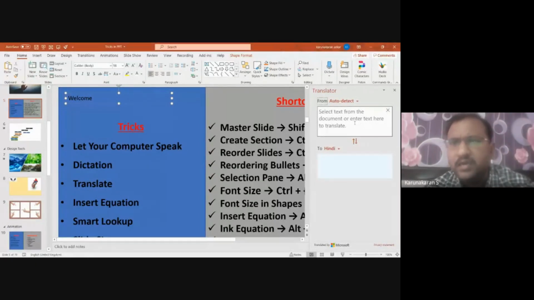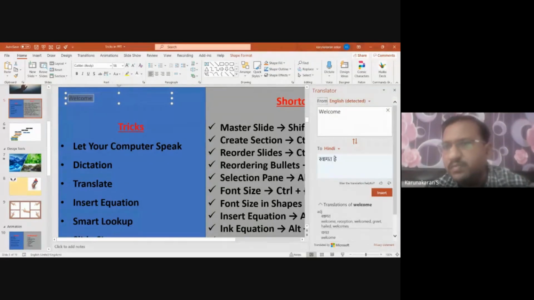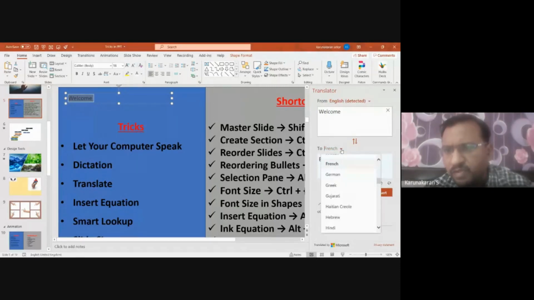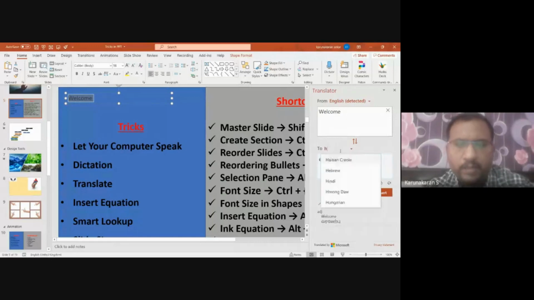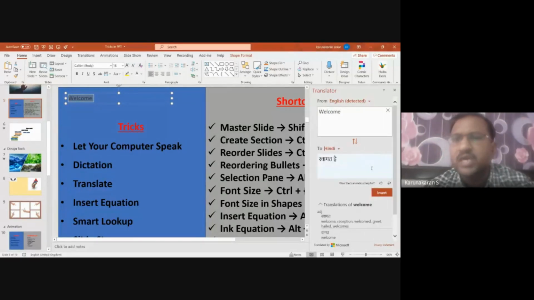So in this translator, after opening this translator, I am clicking this text. So you can see the text being displayed here, right? So when I select Hindi, it will display in Hindi. When I select French, it will display in French. When I select Tamil, it will display in Tamil. Varaverpu. If you want to type in Hindi, I select Hindi. So Swagat hai. Sorry. So all these are being translated here alone, right? When you click insert, it will automatically replace it here. So you can see that. So the text is being typed in Hindi right now. Okay.